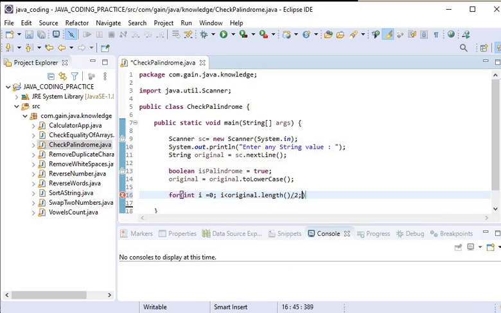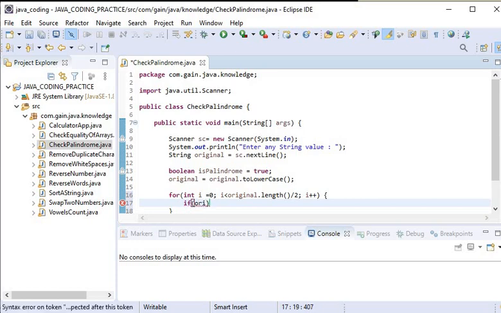So we will check just up to the middle of the string, and i will be incremented. And here we will check one character from the starting and another character from the last.